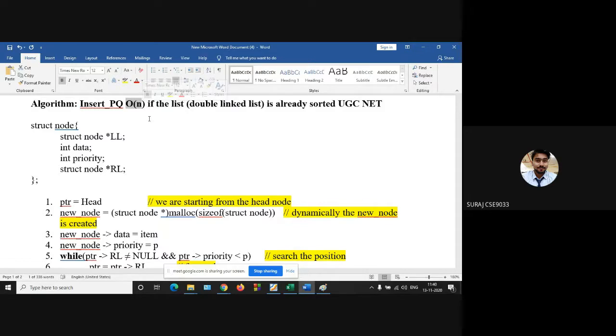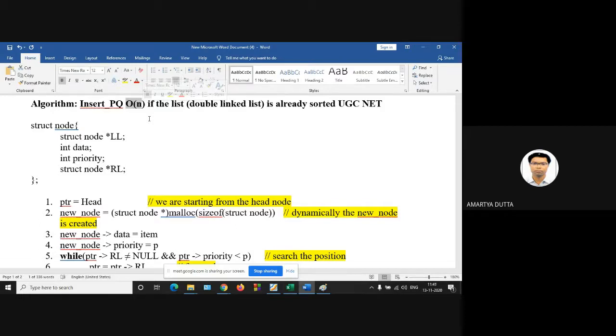For an unsorted list, what will be the complexity for insertion? For an unsorted list, we may have to sort it once and then insert. For sorting, the complexity is order of n log n. The best complexity for sorting is n log n, with quick sort or merge sort.